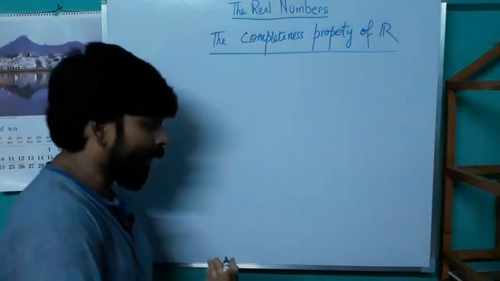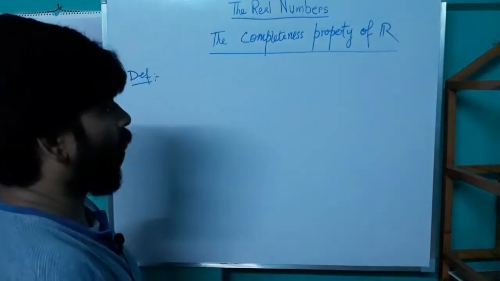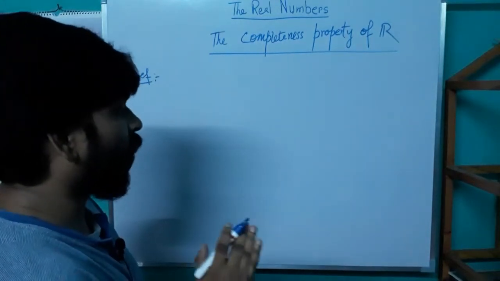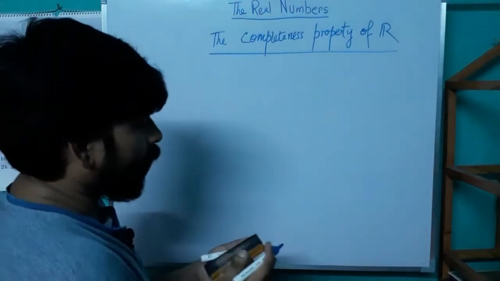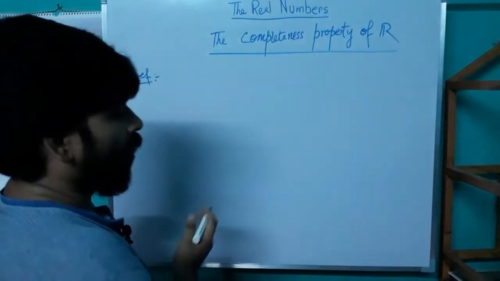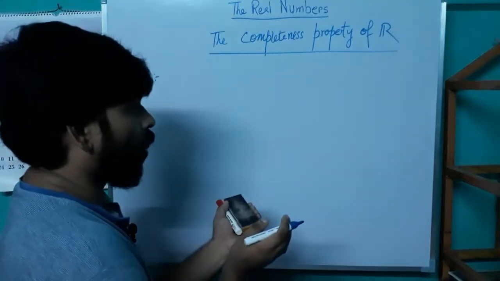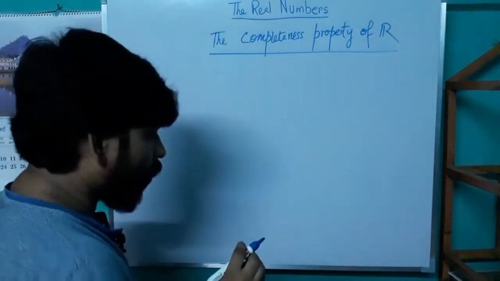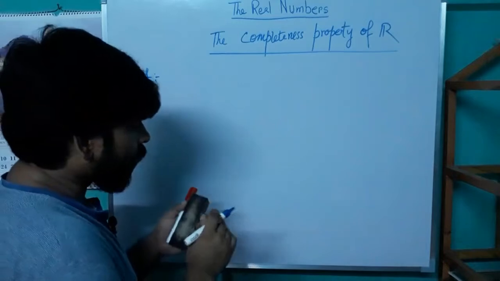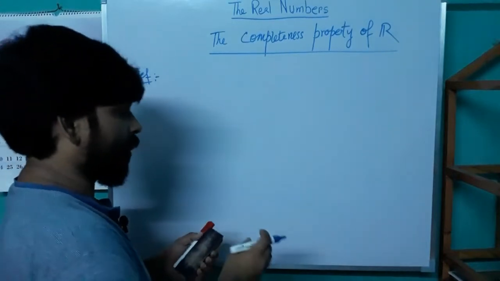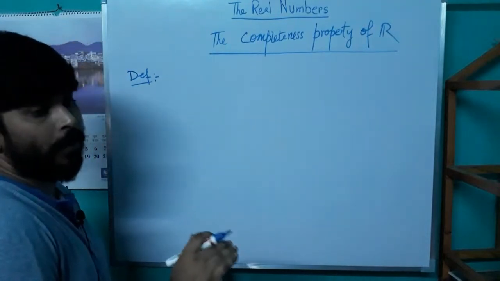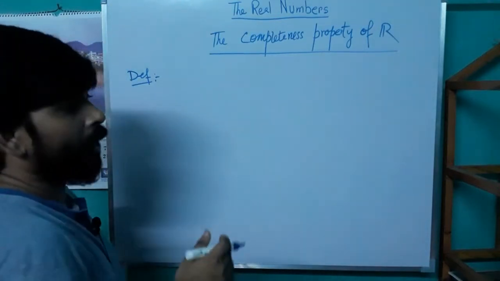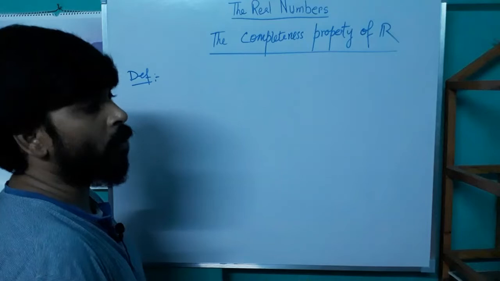We have already seen that if a set has a lower bound, then the lower bound is not unique. So if V is a lower bound of a set S, then V minus 1 is obviously another lower bound. So now let us collect all the lower bounds of the set S. The natural question is: which element is the greatest among all the lower bounds? These observations help us to define the next definition, greatest lower bound or infimum of a set S.